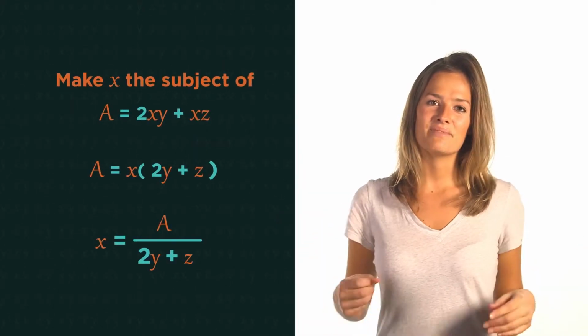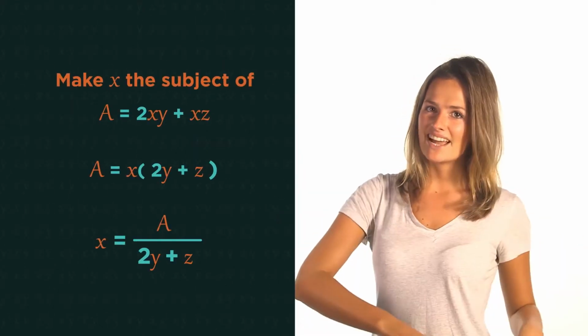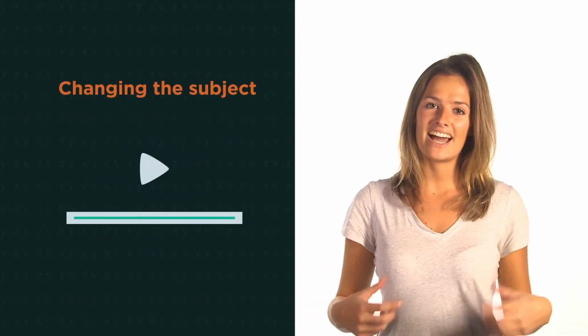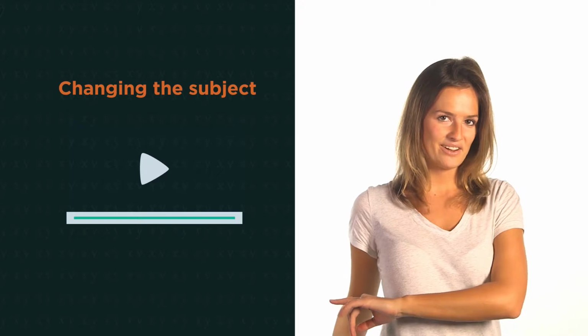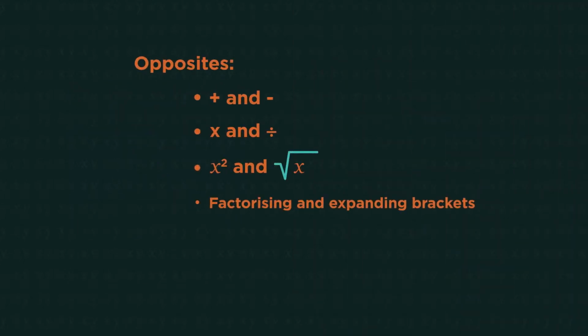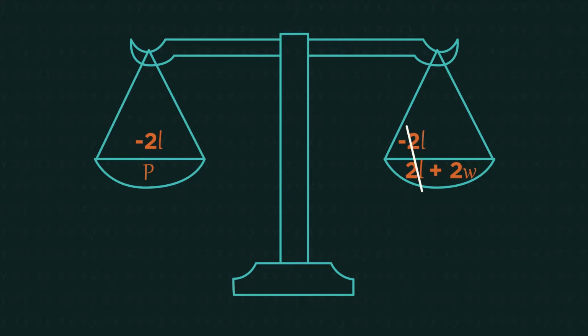In this video, we're going to look at how to change the subject when the subject appears twice. We already looked at how to change the subject in this video, so you may want to watch that one first. So you should know that we always use opposites, that you do everything to both sides and cancel on